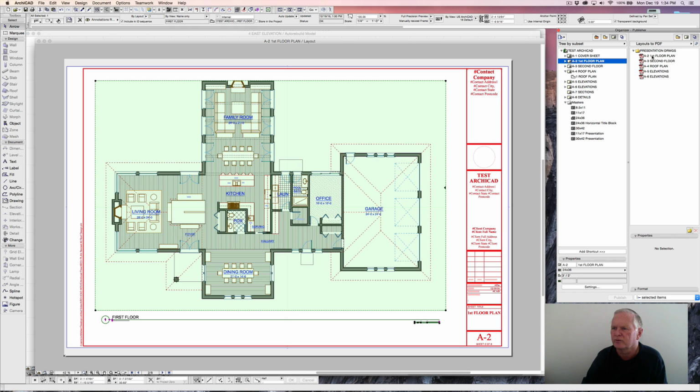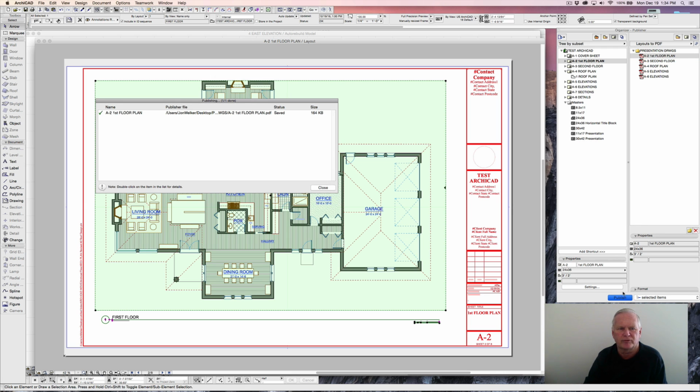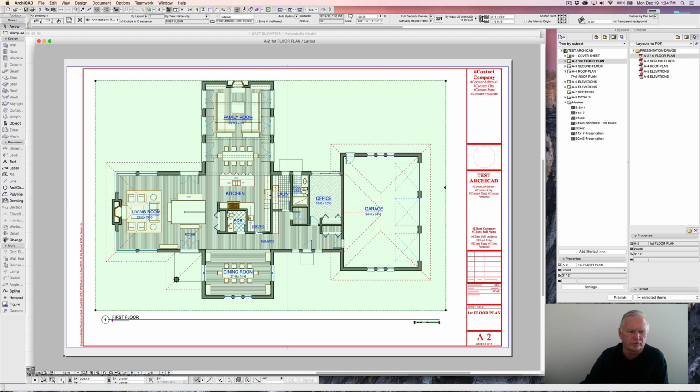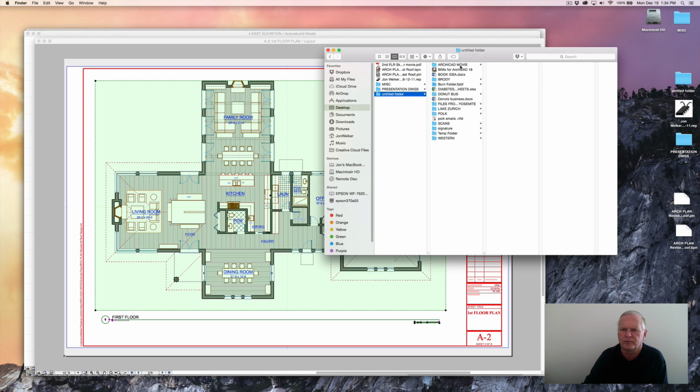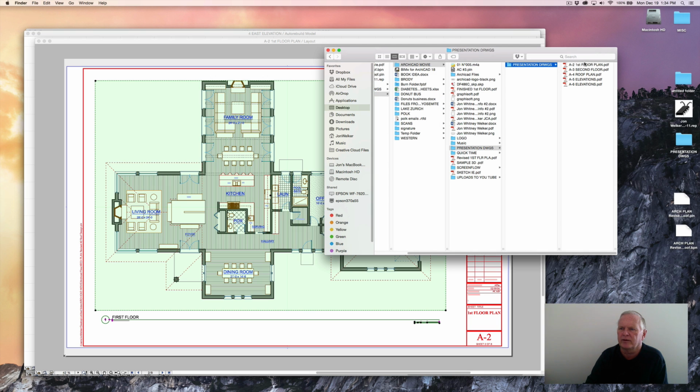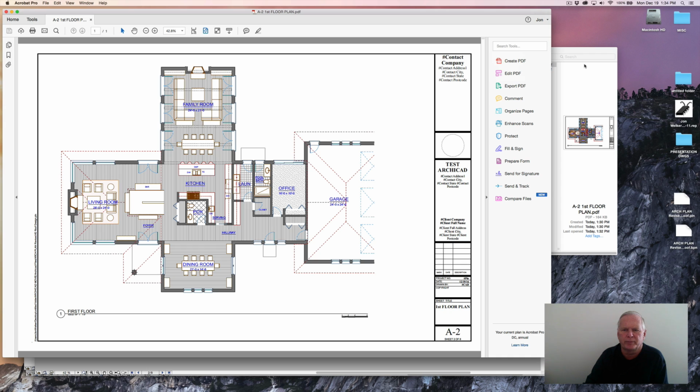So now we will just select first floor, and we'll publish the selected items. That's in that folder, so it's got the same location set up for it. And there it is being saved, and it's done just like that. And we close, and let's go to Finder and show you that under desktop, untitled folder, Archicad movie, we have the presentation drawings and that first floor plan. We opened up the PDF,